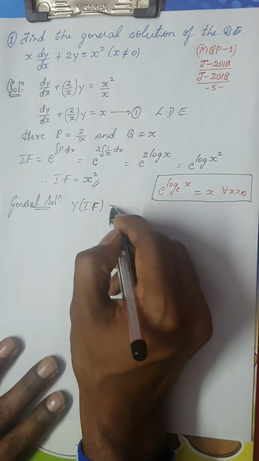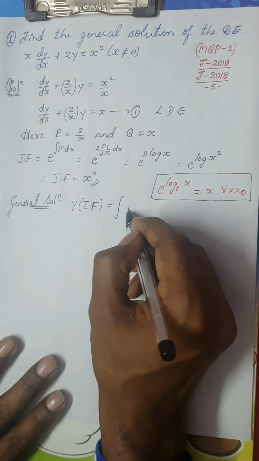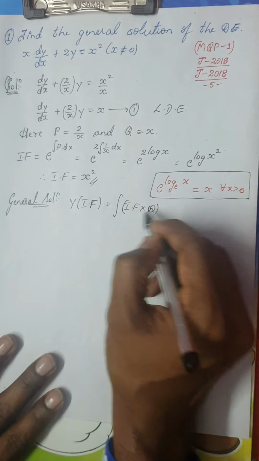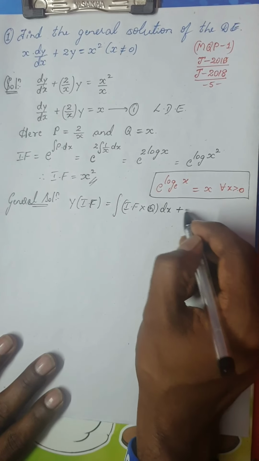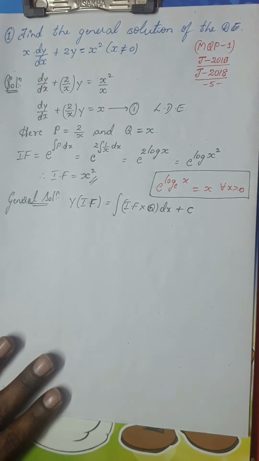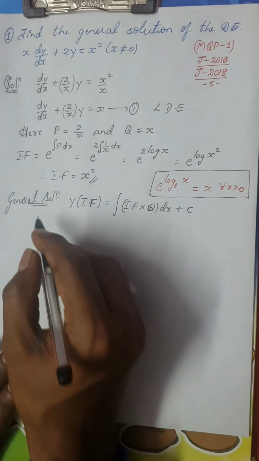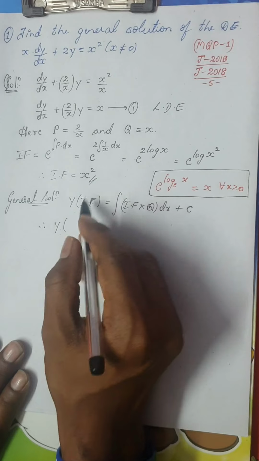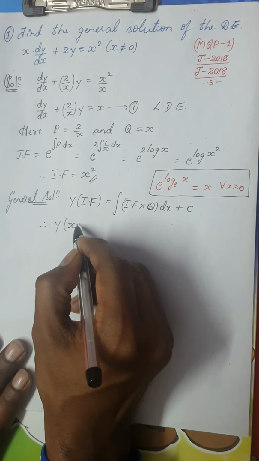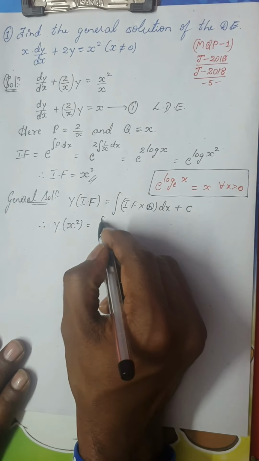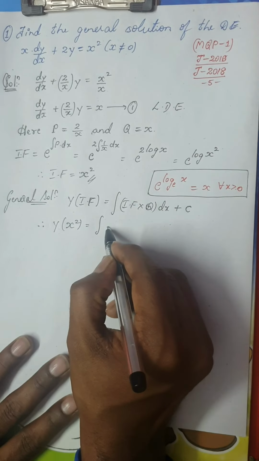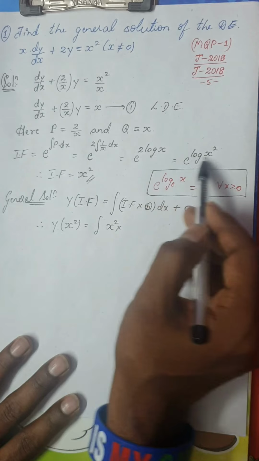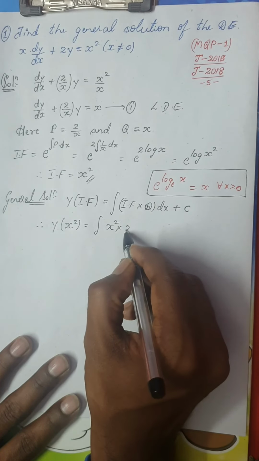Y into integrating factor is equal to integral of integrating factor into q dx plus c, which is the constant of integration. Okay, therefore y into, what is the integrating factor? We have already found it as x square. This is nothing but the integral of, again, integrating factor x square into q. What is q? Q is already here, which is nothing but x